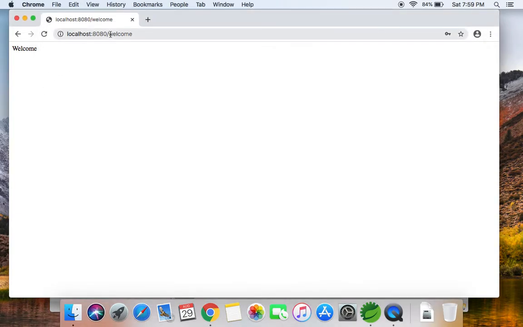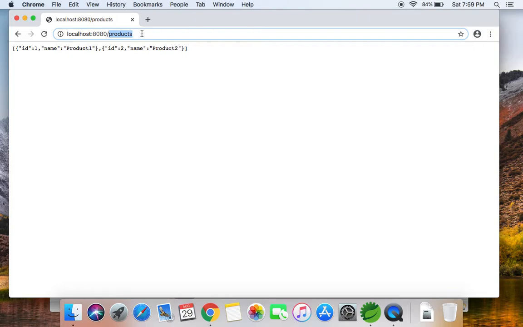So let me try and yeah. This is the JSON of products, and we see here that there are two products, product 1 and product 2. You remember that we did log in with the credentials, and now we are going to some URL or we are calling some APIs. So now Spring Security understands that this user is logged in and he can access this API or the URL. So how does this work actually? Because this products URL is not publicly accessible.